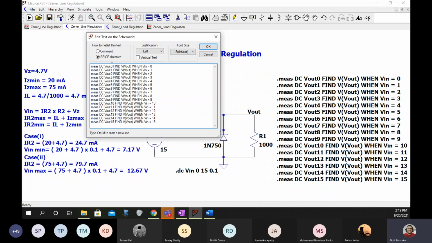And plot ID 0. I want to store the values of currents.